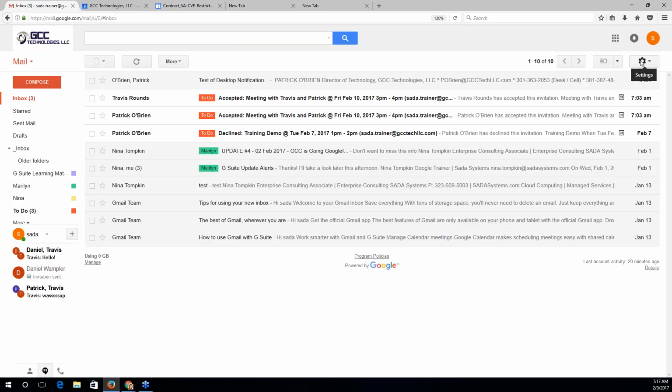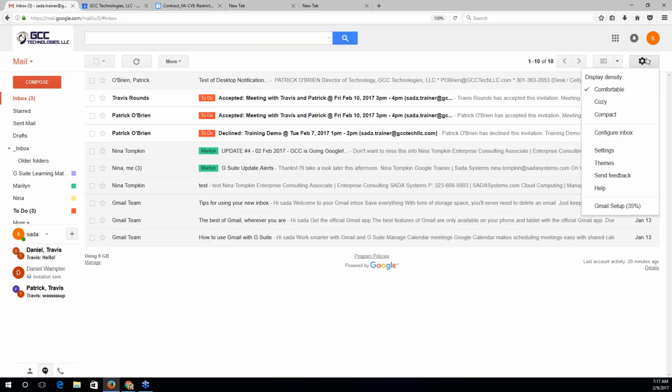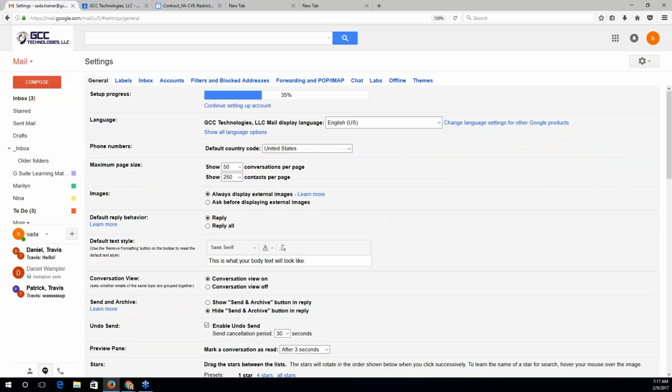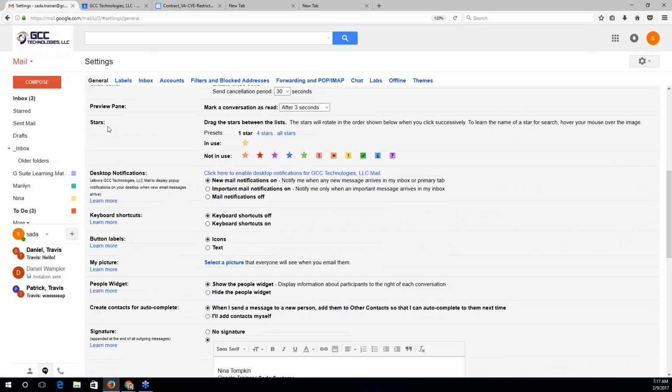Last but not least, to just talk about stars in a bit more detail, clicking on the settings gear and going into settings, in the general settings section, you can control the types of stars you use pretty granularly. By default, you only have 1 star in use, the yellow star, but Gmail also has some exclamation marks on hand as well as a check mark.